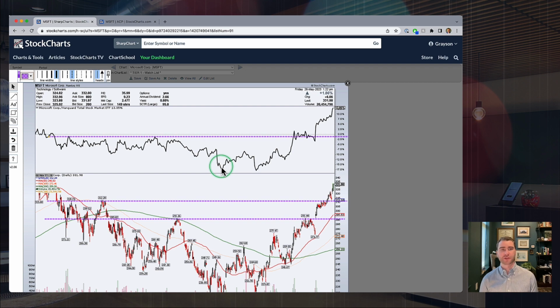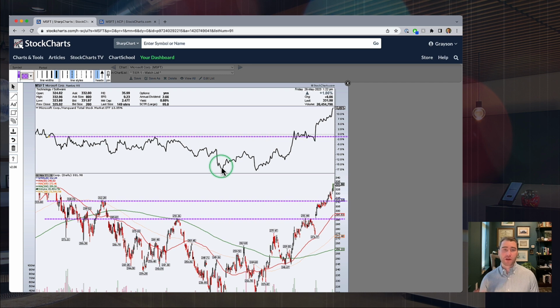We don't actually have to deal with that save dialog popping up again on the screen. Once it's a save chart, it's just going to save it really, really quickly. So those are a couple of the little tricks that I like to use, especially with those hotkeys here in